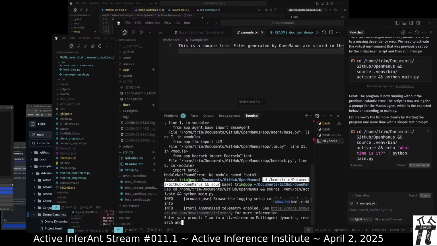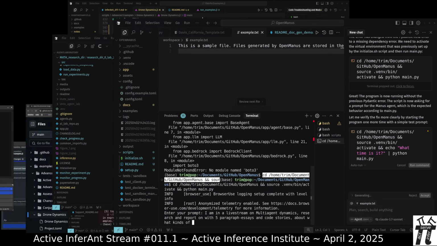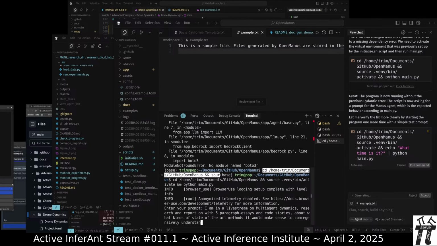Research and report with 5-paragraph essays and code stories about what kinds of state-of-the-art methods it would make sense to comprehensively understand in April 2025.